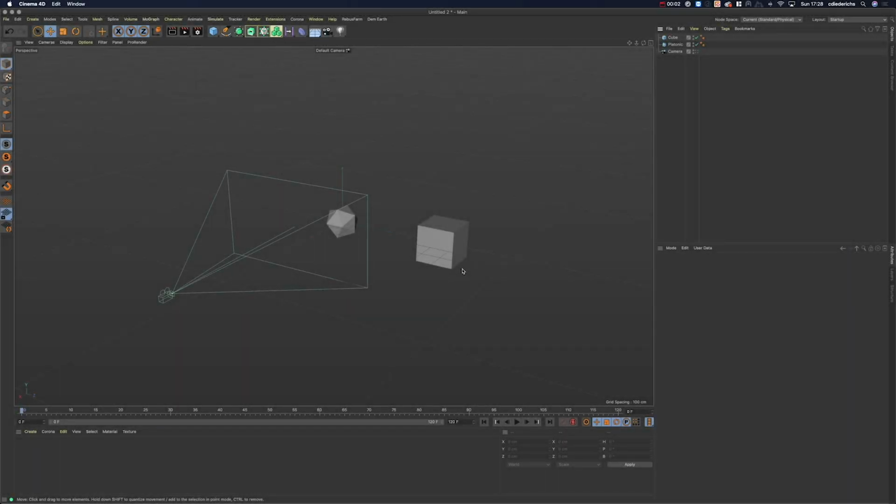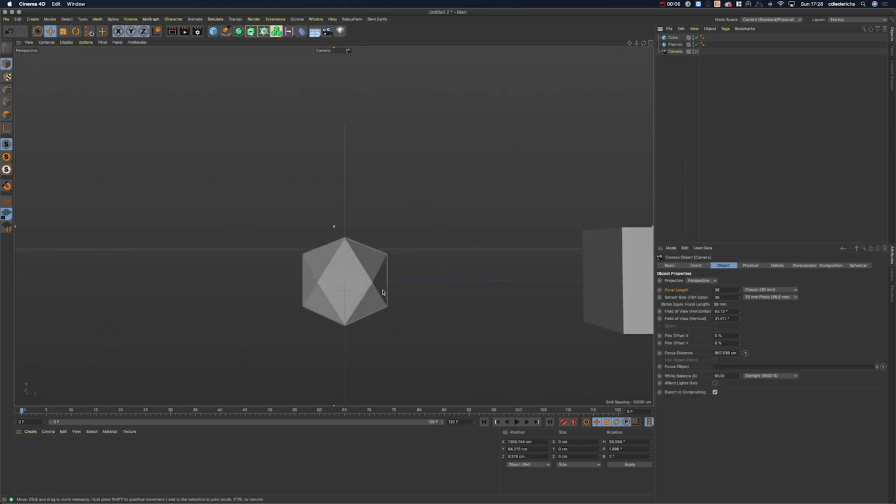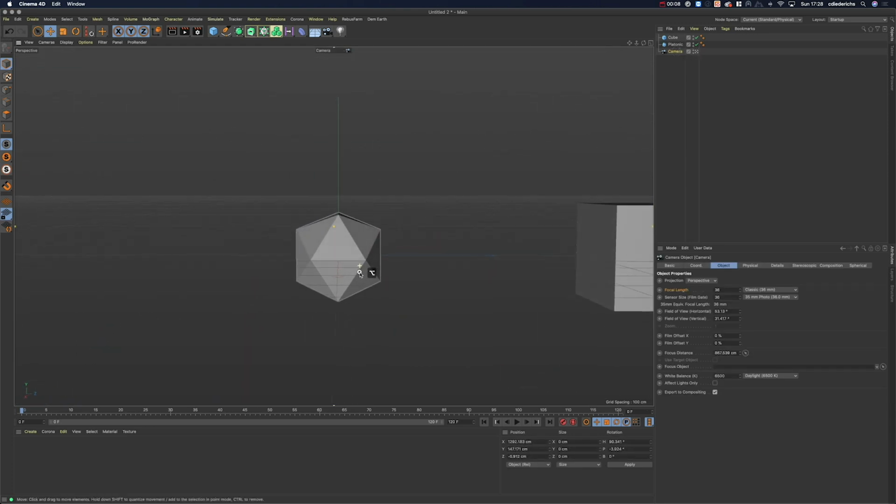Okay, so let's do finally our first camera animation. For that, I just go inside my camera again, and we are going to use the timeline here to set keyframes. So what's a keyframe? A keyframe is basically just like a saved position at a certain point in time. So let's say at frame 0, we want to save the position of that camera. We do that by hitting that key button down here. So now the position of that camera is saved at